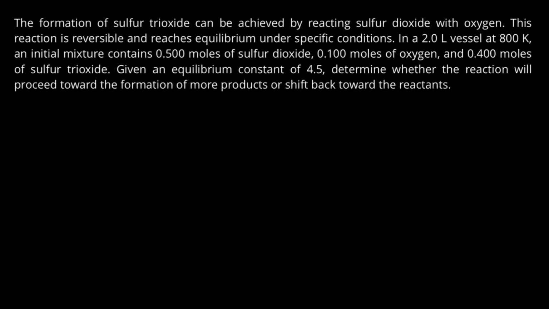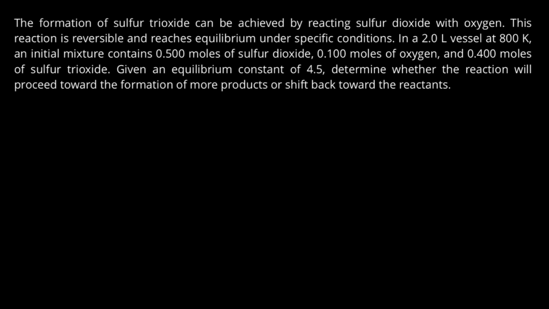In a 2-liter vessel at 800 Kelvin, an initial mixture contains 0.5 mole of sulfur dioxide, 0.1 mole oxygen, and 0.4 mole of sulfur trioxide. Given an equilibrium constant of 4.5, determine whether the reaction will proceed towards the formation of more product or shift back towards the reactant. In order for you to answer this question, the first thing we need to do is